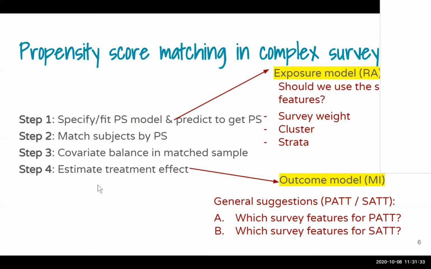And if you have some covariates that are highly predictive of the outcome, you might also want to include them in your outcome modeling. It does not matter whether you have included the same variable in the exposure modeling and the outcome modeling. Say, for example, age is a variable that you included in your exposure modeling, and you also included that same variable in your outcome modeling. Is that not over adjustment or double adjustment? According to the literature, no, because the way propensity score matching works is that